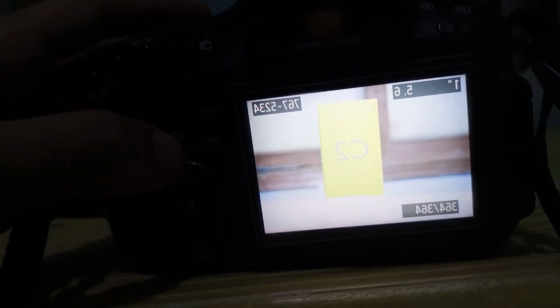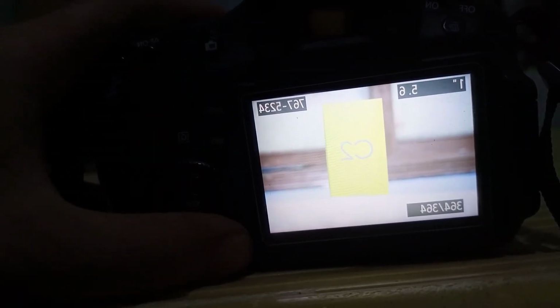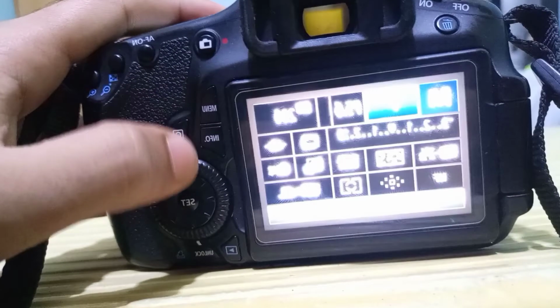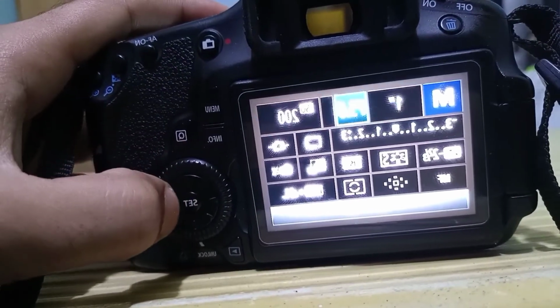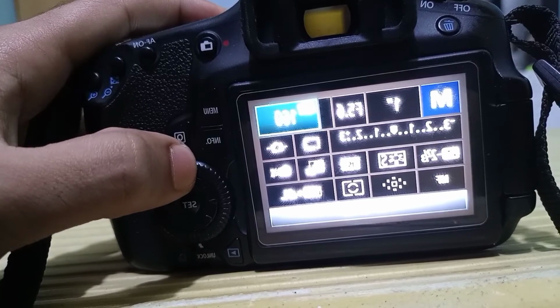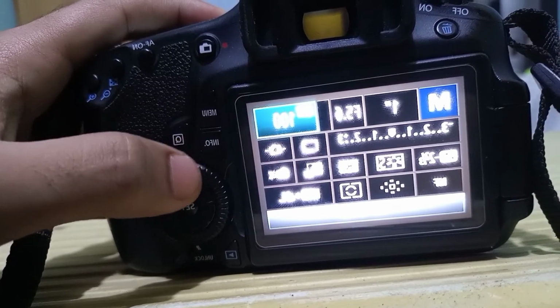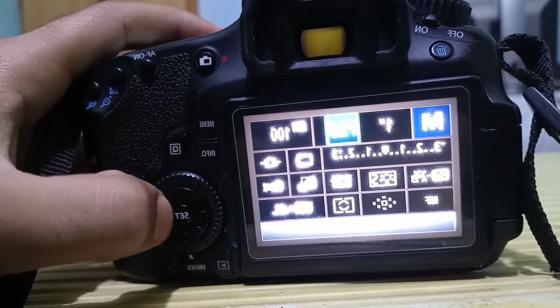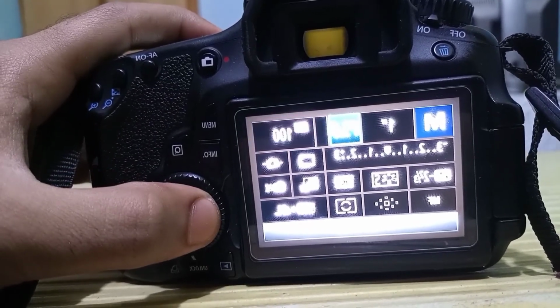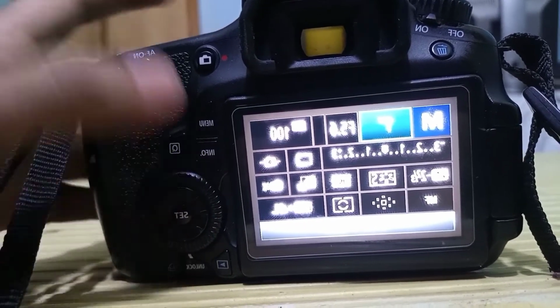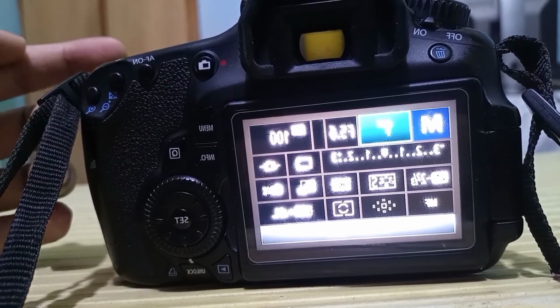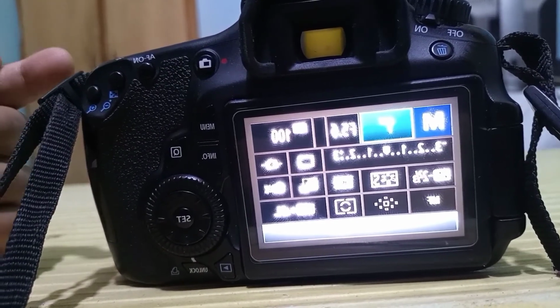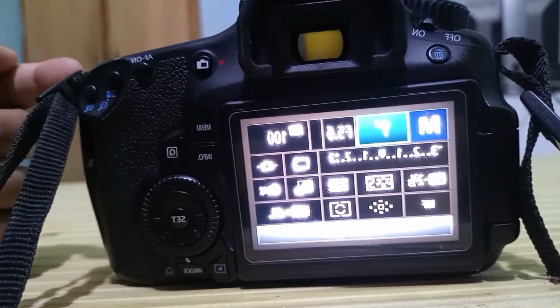Now I am decreasing my ISO, and I set it to 100. Now I have ISO 100 and shutter speed 1 second, which means I am giving my camera sensor 1 second to take the picture.